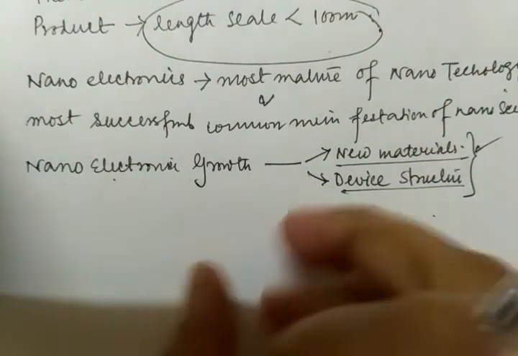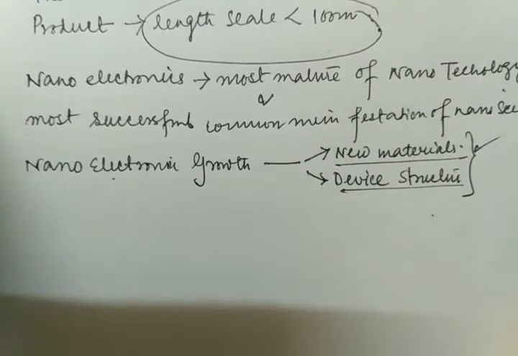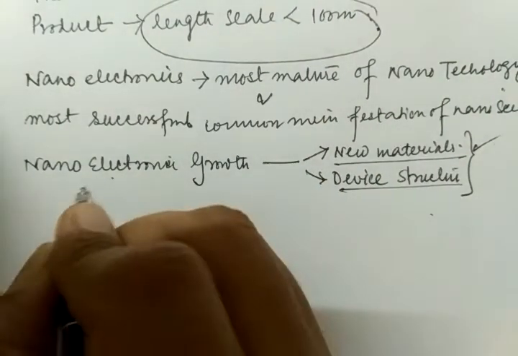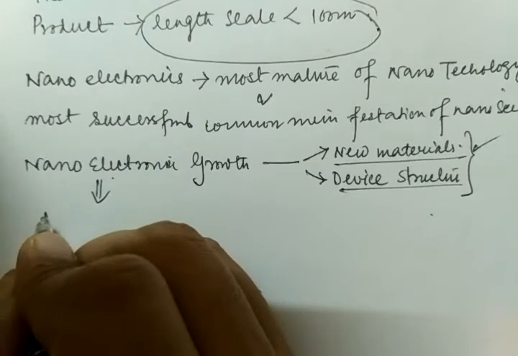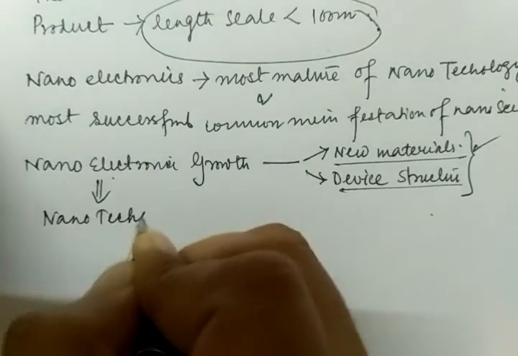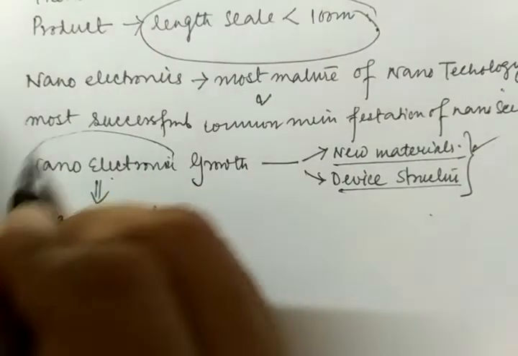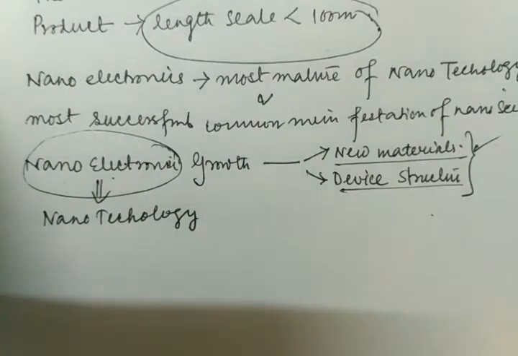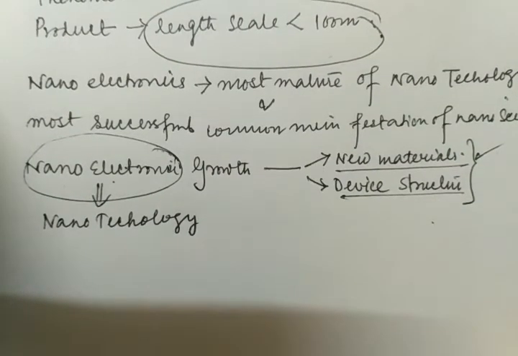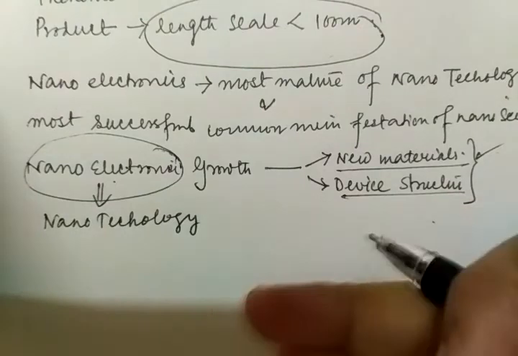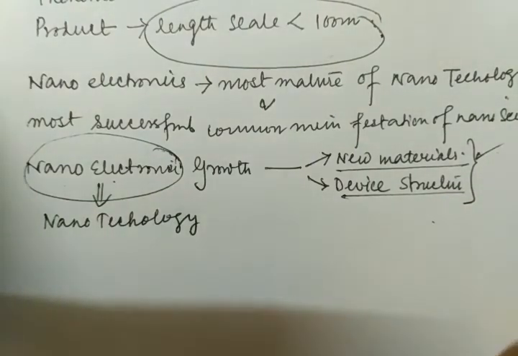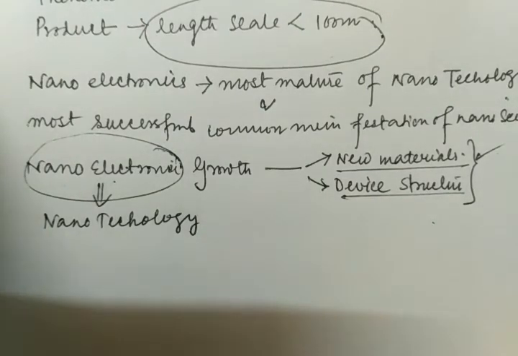So a very specific aspect of nanotechnology is nanoelectronics. We can also say it is its application, right? Because the use of nanoelectronics products is increasing rapidly day by day in our daily life. It is used in industry, in the healthcare sector, in our day-to-day life, in our gadgets, in our accessories and everything. So its demand is rapidly increasing.